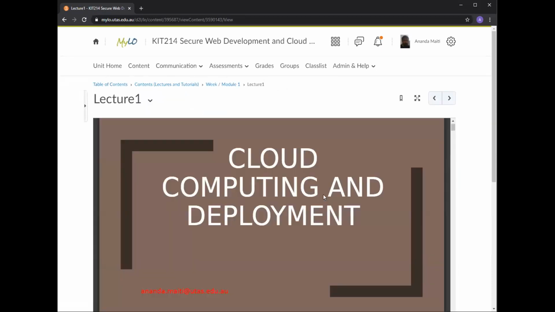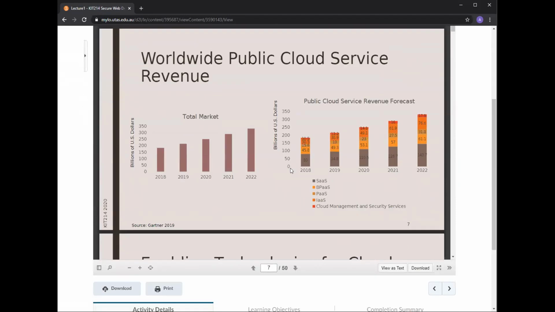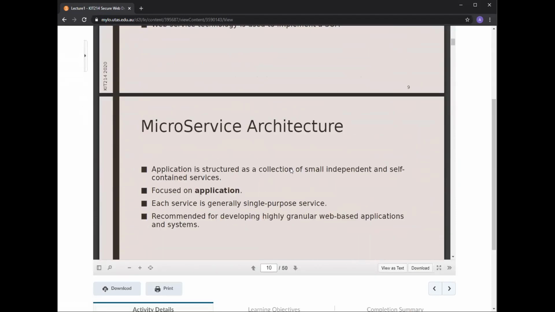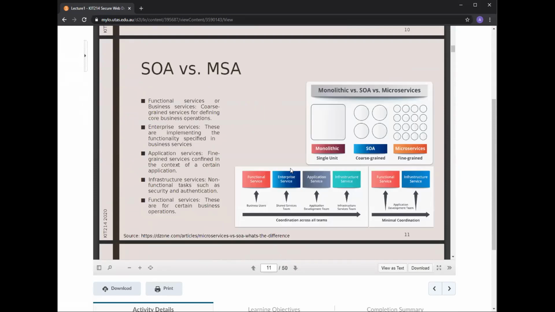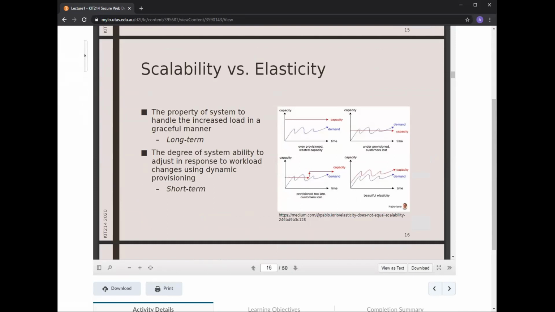So lecture one. We got into the characteristics of cloud, SO, service-oriented architecture, and all of these things. So mainly the thing with this unit is